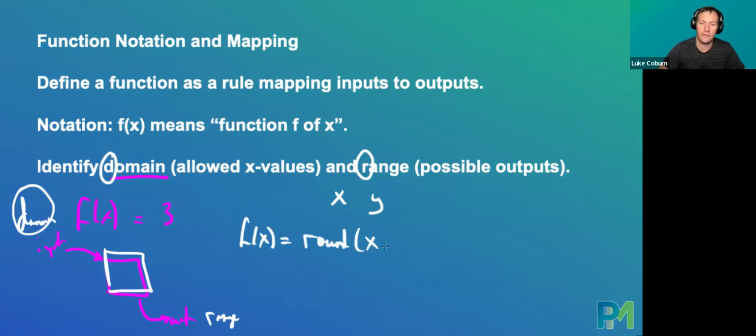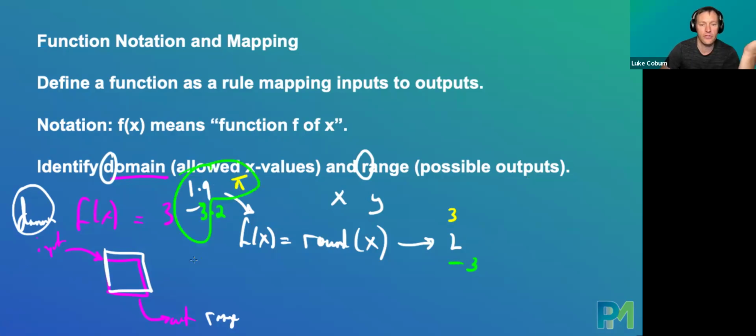This is not really mathematical notation, it's more like a computer science type thing, isn't it? Round x. So we could put into this function 1.9, and then we would get out 2. And then we could put in the number minus 3.2, and then we get out the number minus 3. And we could put in the number pi, which is 3.14, and we get out the number 3, and so on. Okay. And so what we see is the numbers that can go in, we could say that